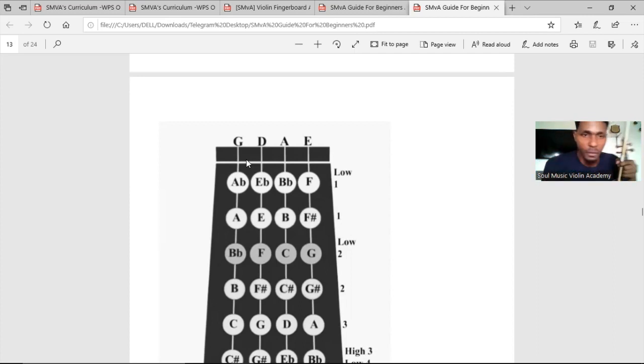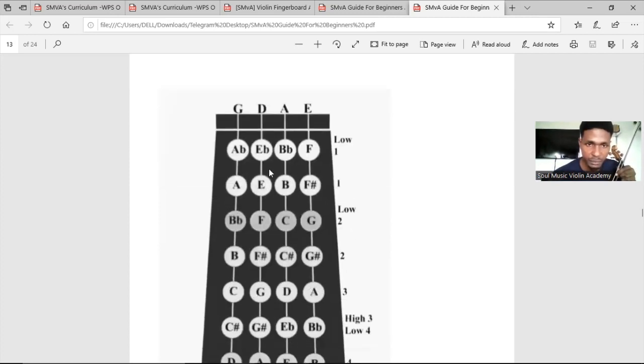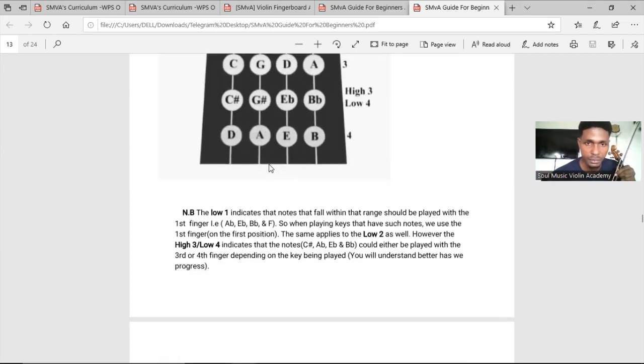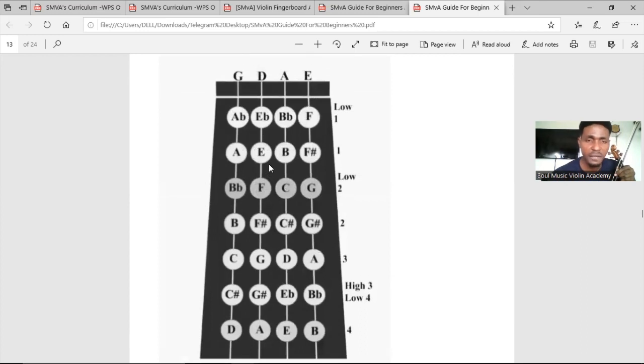Can you see that? Now we're moving on to the key of A flat. The key of A flat has the notes A flat, B flat, C, C sharp. So we use our first finger to play